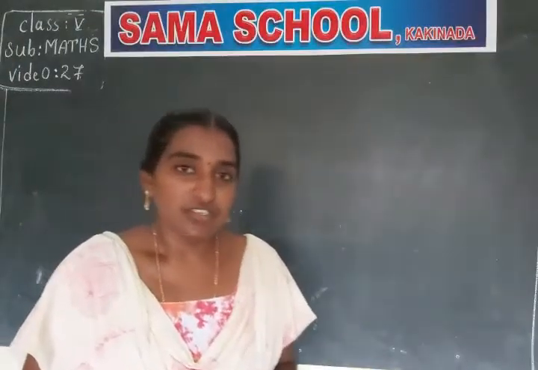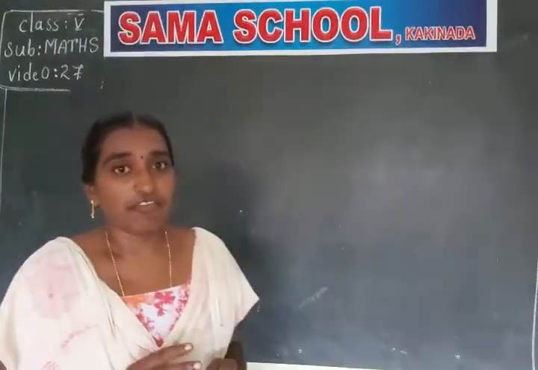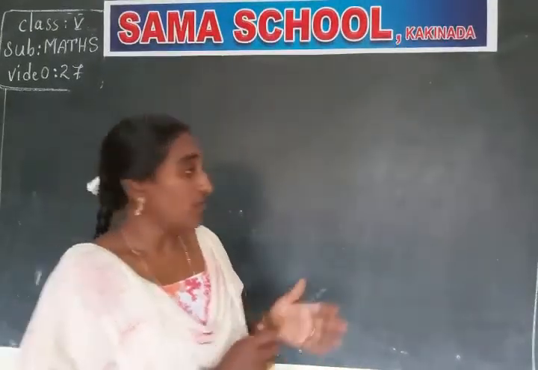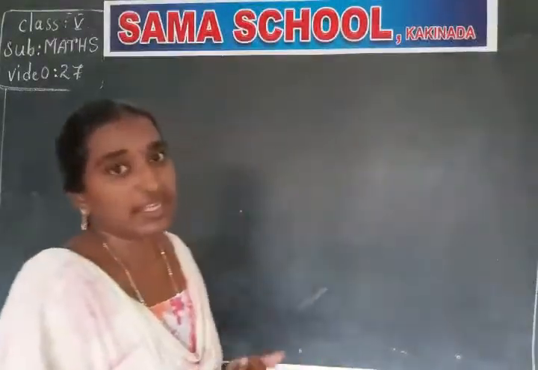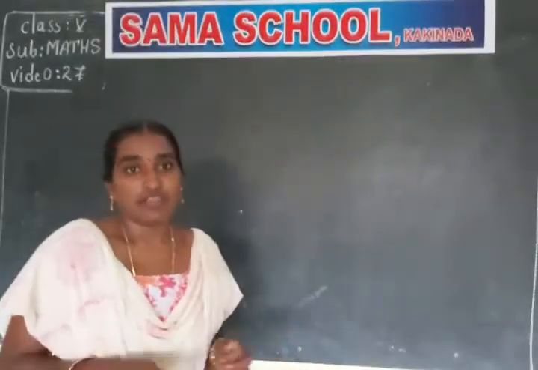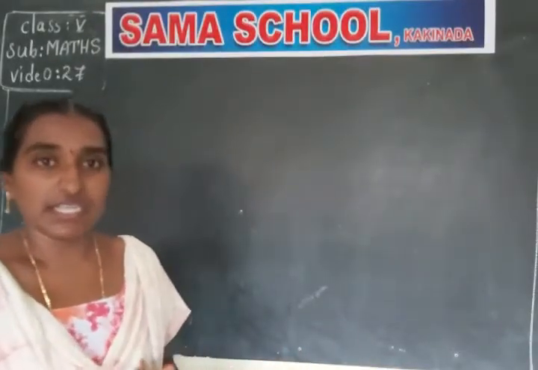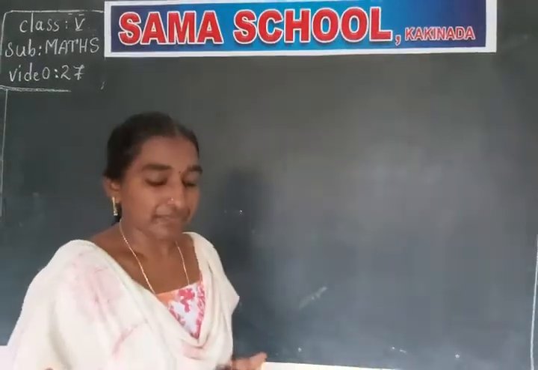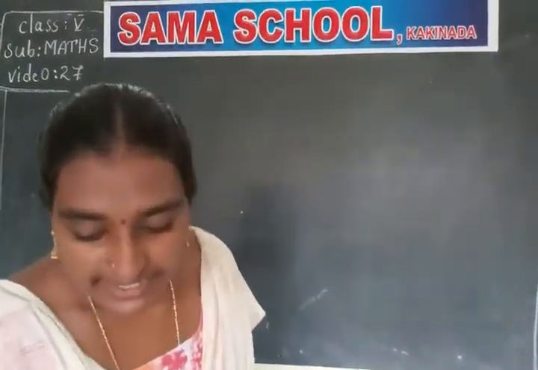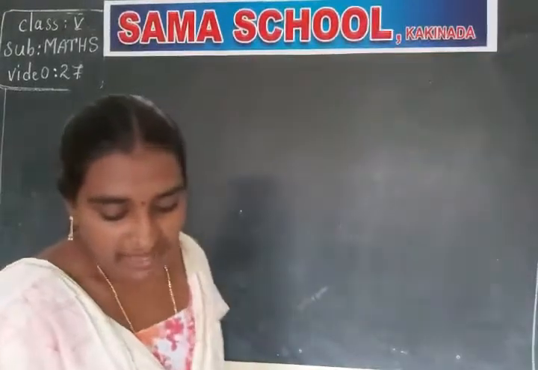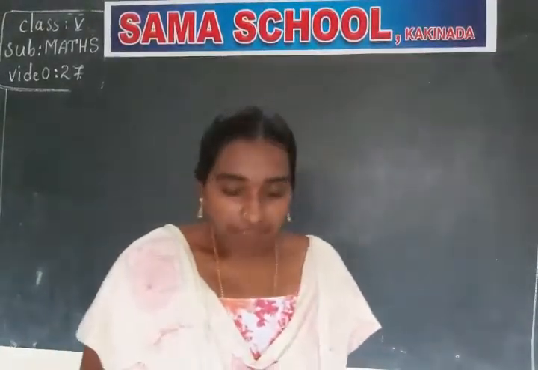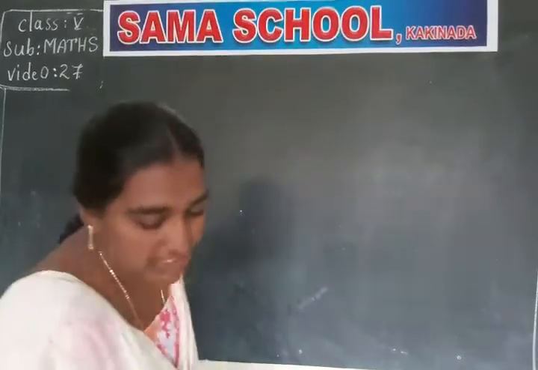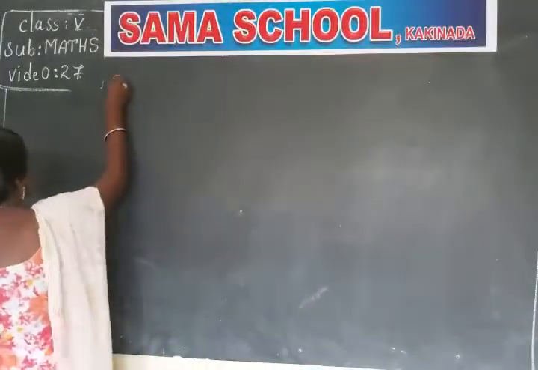Okay children? So, you should be very careful while writing the table, and after that you have to select the numbers from the table. This is all very important for doing the division in a correct way. Okay children? Shall we start our lesson today? Okay. For that, let us take an example. First, I am taking a 5-digit number divided by a 2-digit number. Okay children? This is the question.